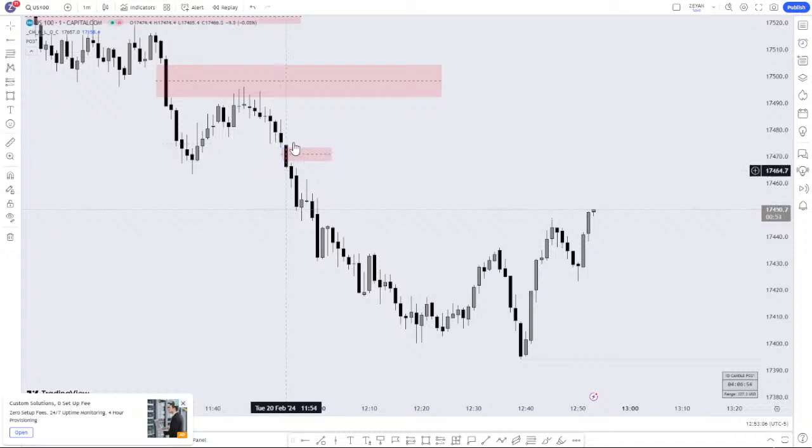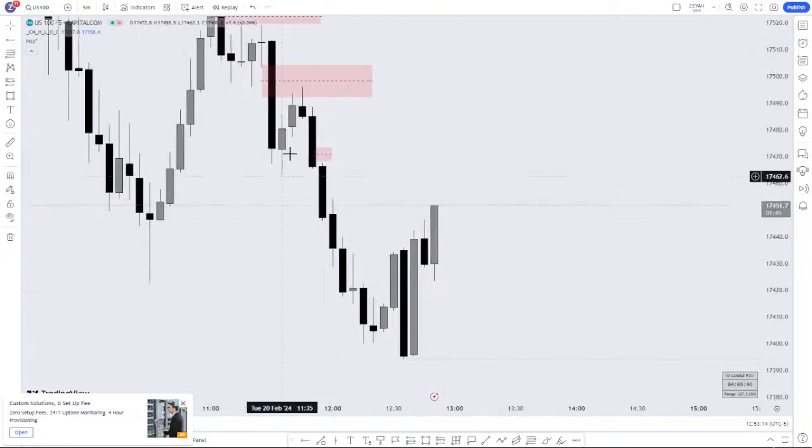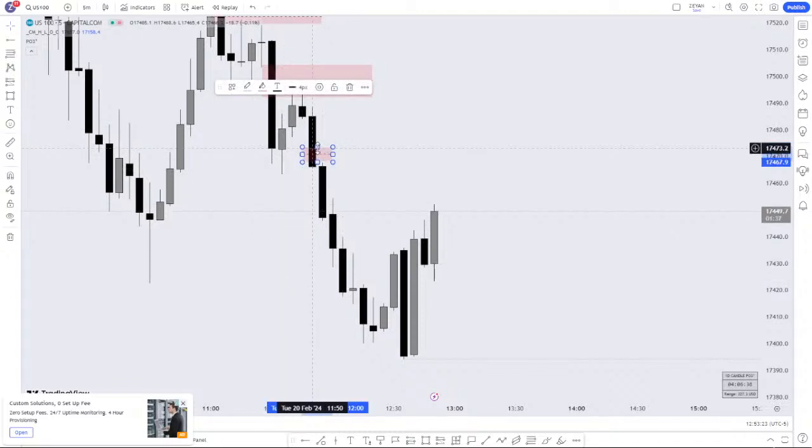For example, if you watch this fair value gap and this fair value gap, okay, if I move to the 5 minutes time frame, see this fair value gap, this fair value gap, this fair value gap. So direction is key. The trend is key. Okay, so you have this fair value gap. The other one would be at